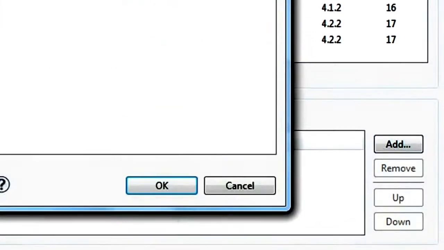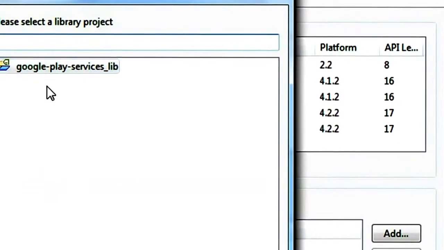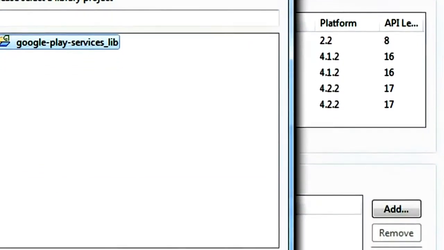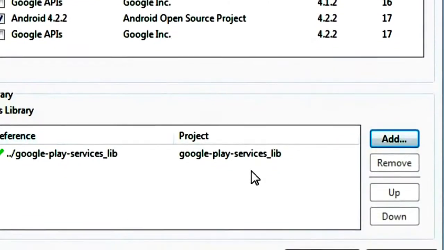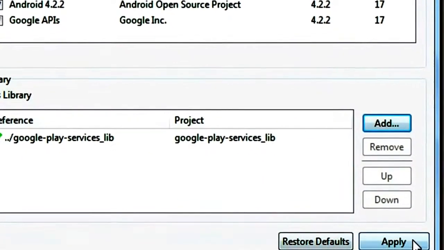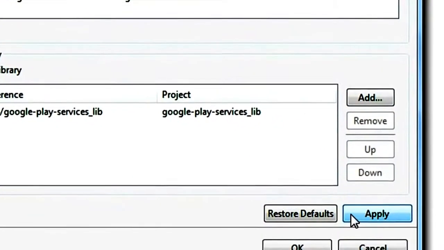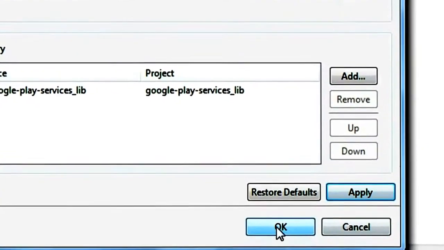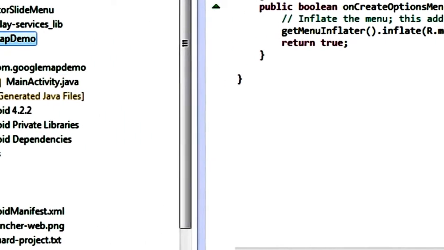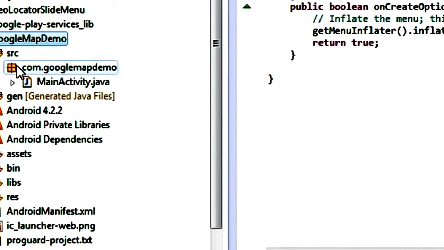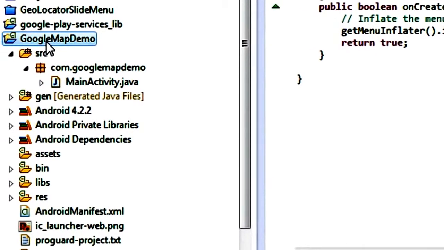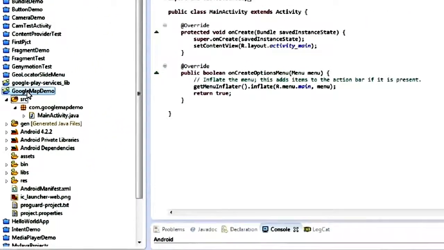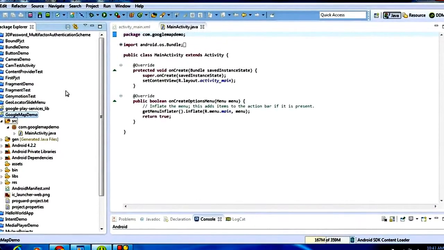By clicking the add button you can add the library project into our project. Here is the Google Play Service library project, click OK. Now we have successfully added the Google Play Service library project into our project. Click apply and click OK.